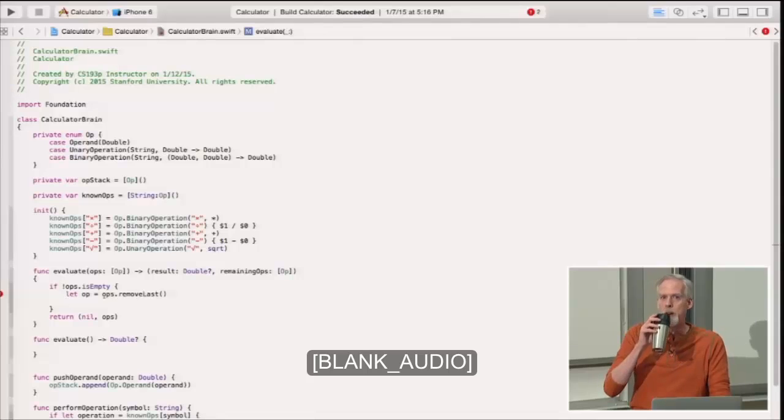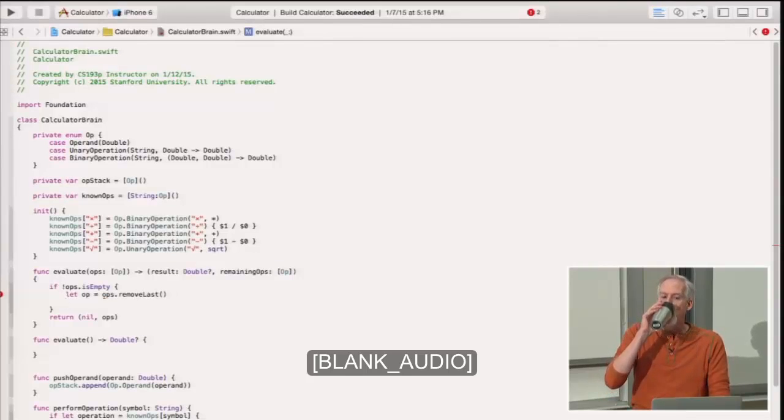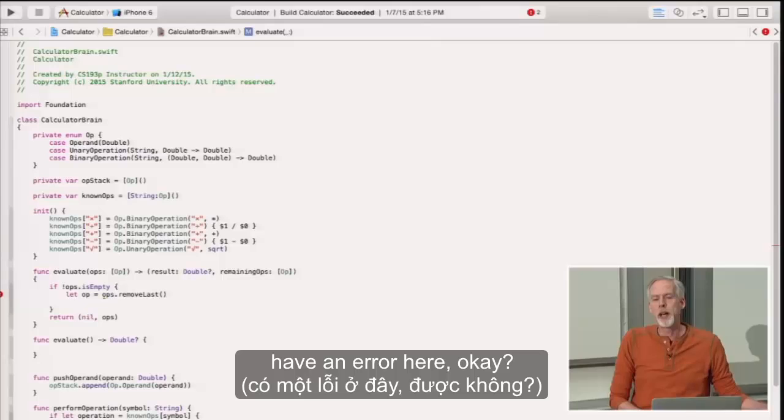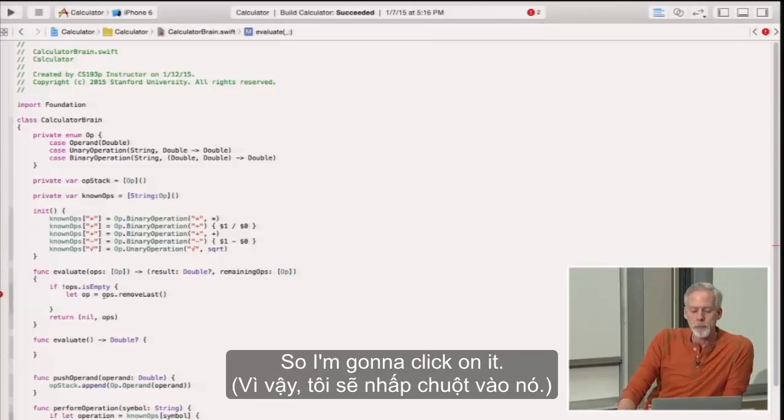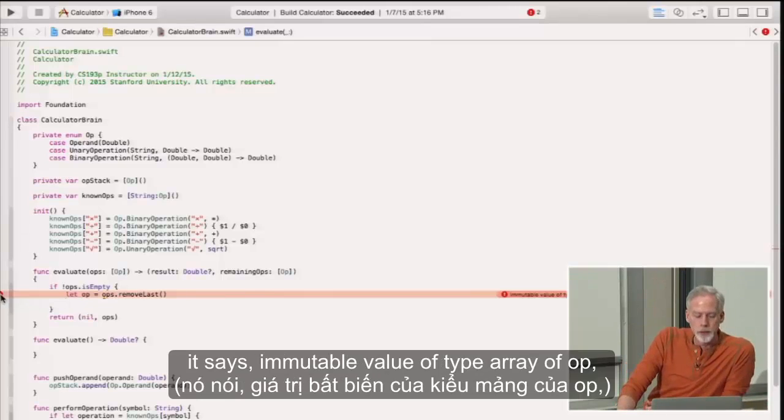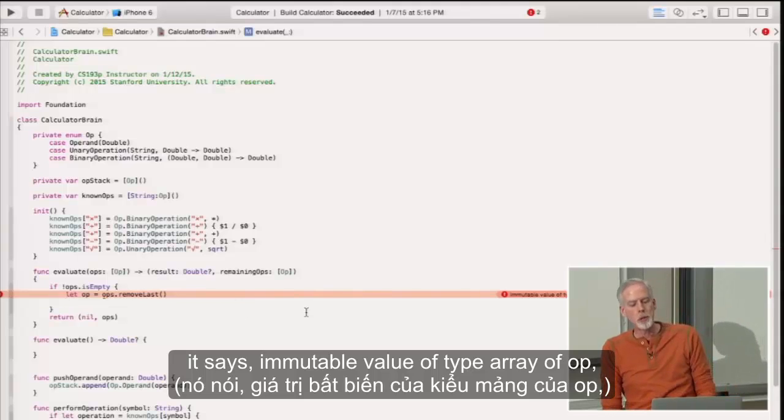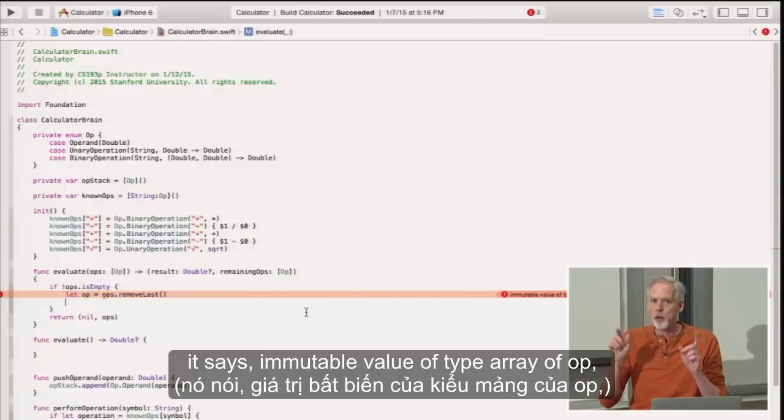But you can see I got an error there. And it's very important to understand why I have an error here. So I'm going to click on it. We're going to read what it says. It says immutable value of type array of op